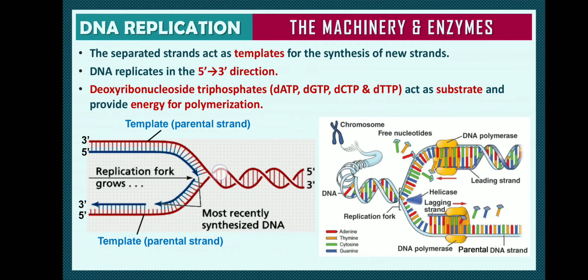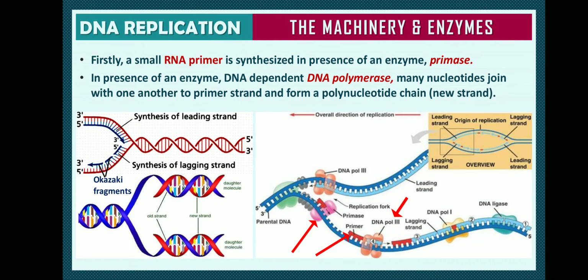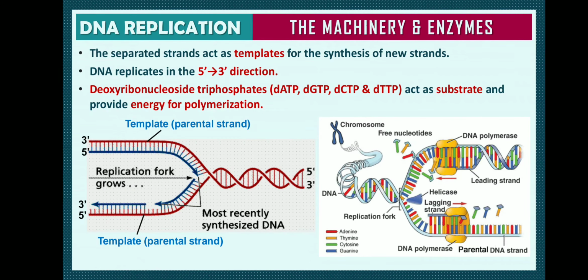Instead they add a primer in the middle, then extend that primer in the 5 prime to 3 prime direction only. This is the conventional 5 prime to 3 prime direction, where in the reverse way it is taking place but in the proper direction. So what happens here is 5 prime to 3 prime, again 5 prime to 3 prime, the direction becomes almost the same. Here also 5 prime to 3 prime, and here also only in the 5 prime to 3 prime direction the DNA will be synthesized, students.